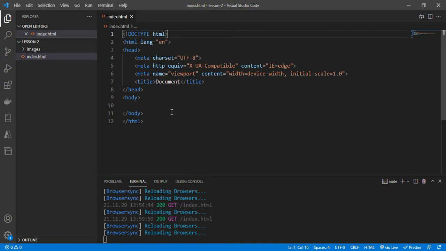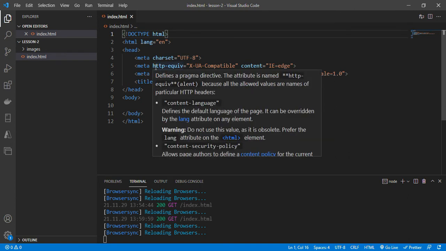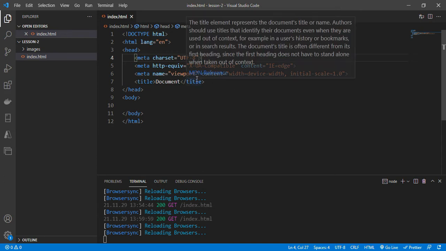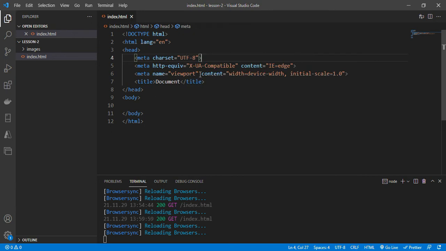In this root element, again there are two elements: the head tag and the body tag. The head tag will have the meta elements. Every meta element is data that gives some information, and that information is about the data. These meta elements describe the document. This element describes the document title. This element describes the